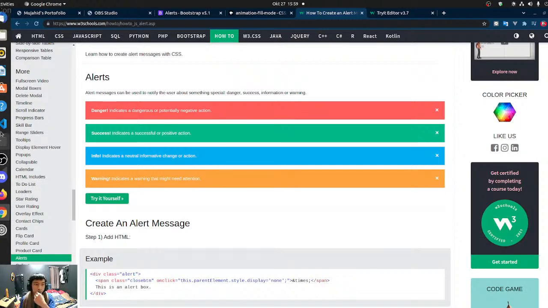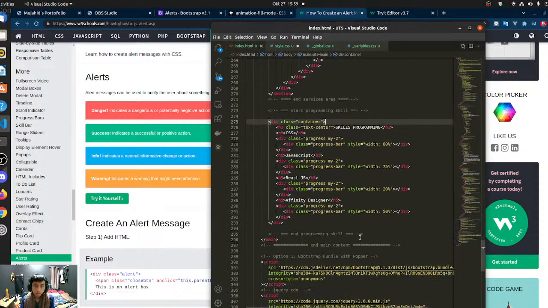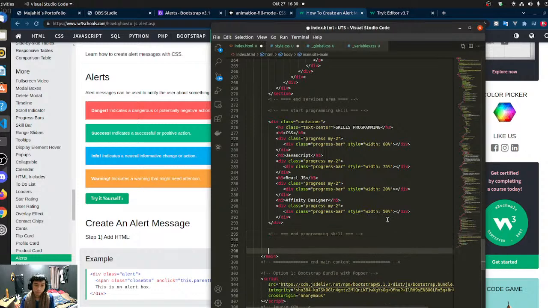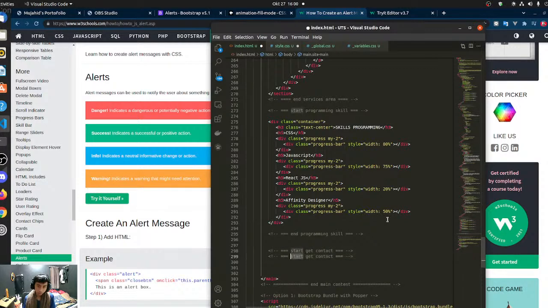Okay, so here I just want to make a form like get contact. Start get contact. So it would be end get contact. So okay, in HTML the main content. Start get contact, over here and